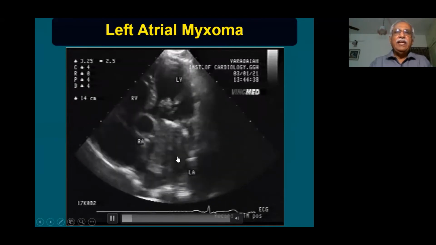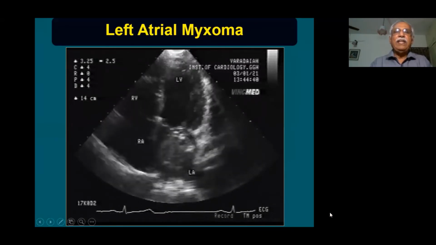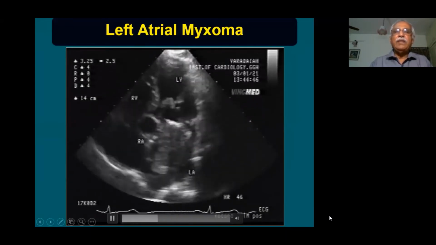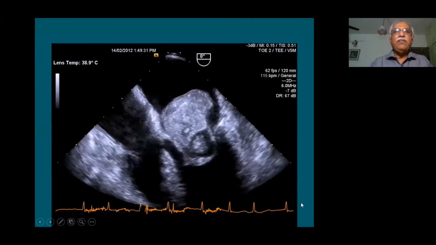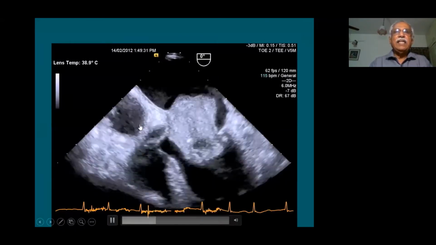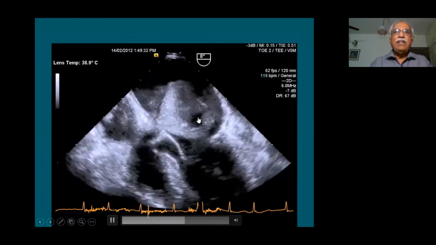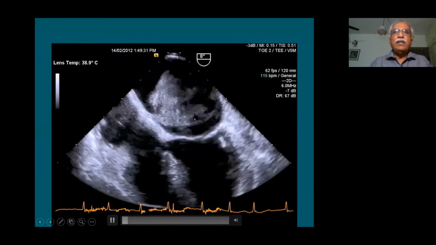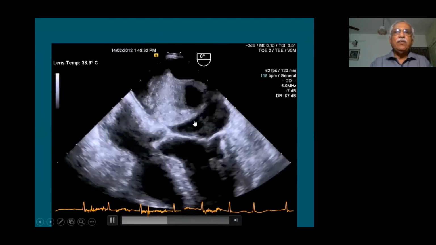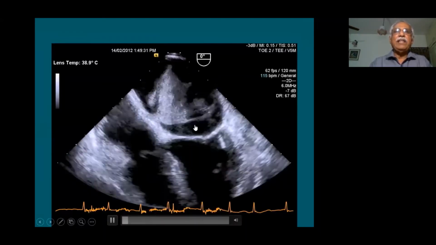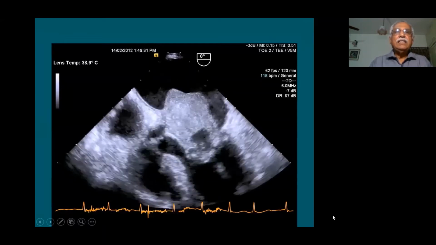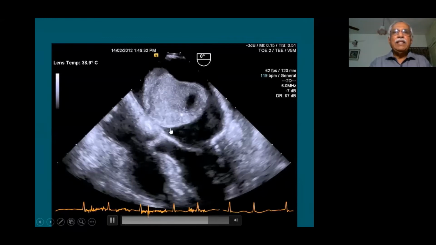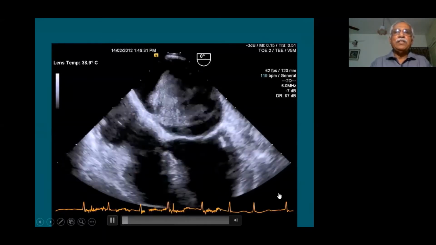They can also necrose and produce a cavity inside the tumor. Sometimes a hemorrhage into the tumor can occur. All these things can be identified. So this is the transesophageal echocardiogram of another patient. You can see a cavity inside the tumor mass. This is probably due to tumor necrosis, which is producing an echo-free area inside the left atrial myxoma. A large myxoma is attached to the lower portion of the interatrial septum. It is not actually the middle, but a lower portion of the interatrial septum, and it is producing mitral valve obstruction.